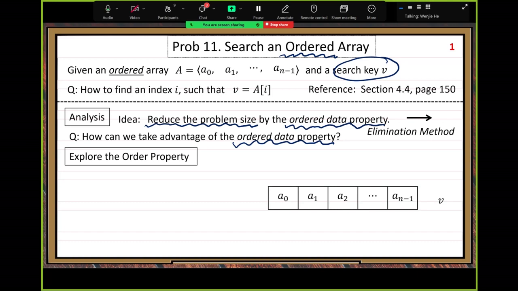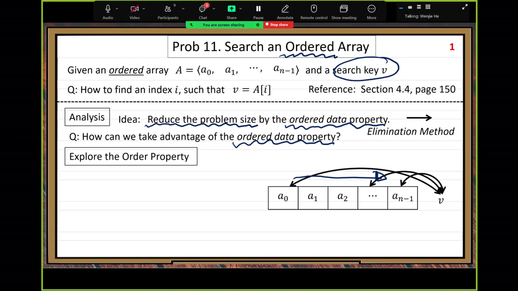Explore the order property. Here I use a simple diagram to explain the basic idea. First, you assume the array is ordered. Then you want to make a prediction. But before you make a prediction, you can do one comparison. Our basic operation is comparison. So you do the first basic operation, one comparison. Here I show you the first comparison. If you compare with the last element, that's one